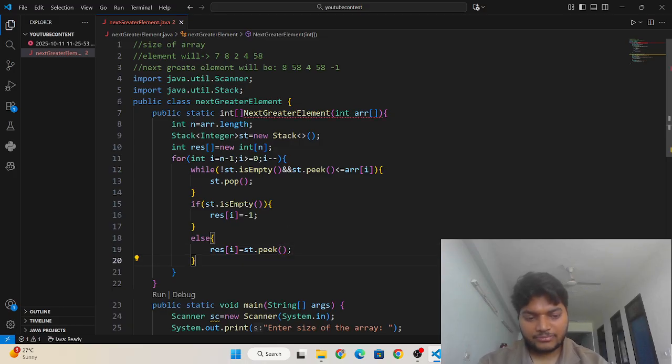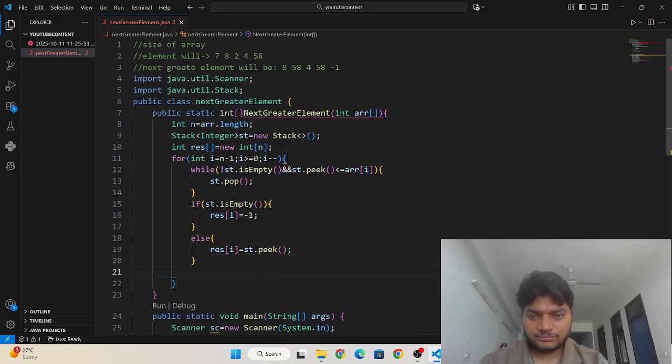Okay, and then we need to push the current element in the stack, so that it can be the next greater element of the elements on the left side.